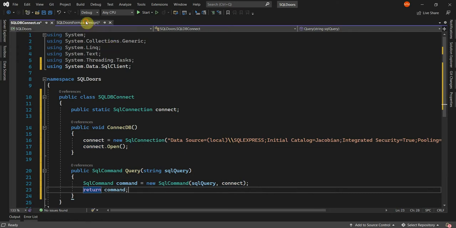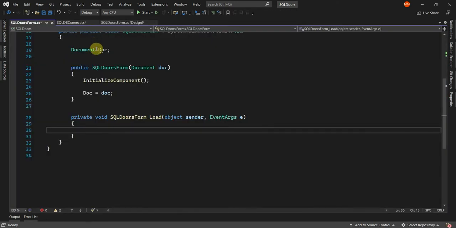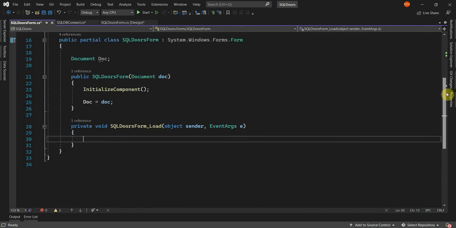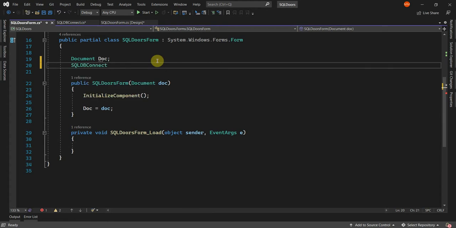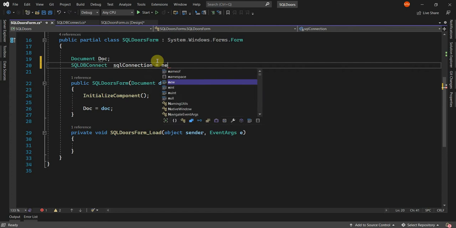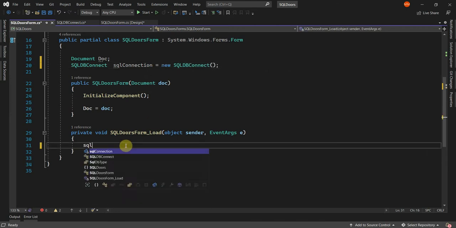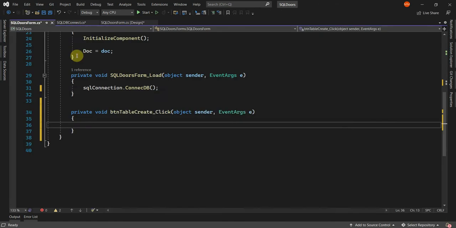Now back in the SQL Doors form, I'll double click on the form to access the form's load method. Firstly, under the document variable, I'll declare a new SQL connection using the SQL DB Connect class. And back in the load method, I'll call the connectDB function, which will establish the SQL connection. Back in the SQL Doors form, I'll double click on the Create SQL Table button to access the button's click